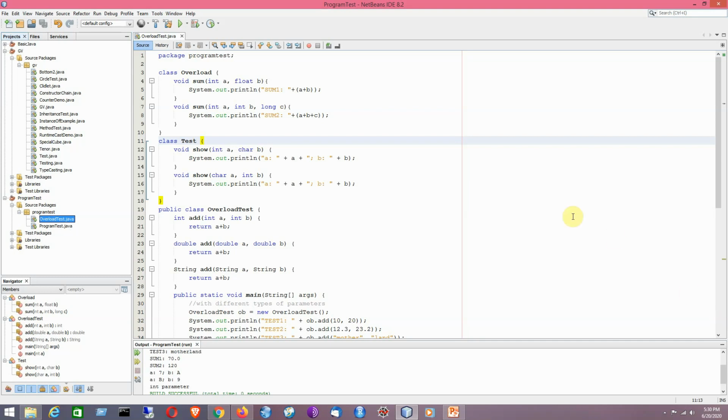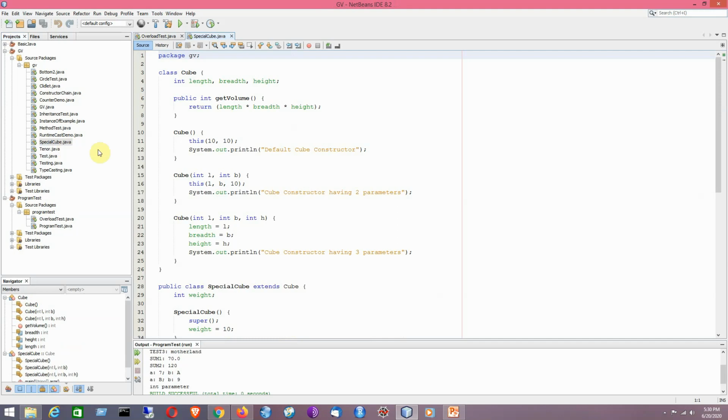Now I would like to give you one more example, which has already been shown to you with respect to constructor chaining. Say this particular code I would like to mention here. The concept of overloading can be applied to constructors also. Like methods, constructors can also be overloaded.